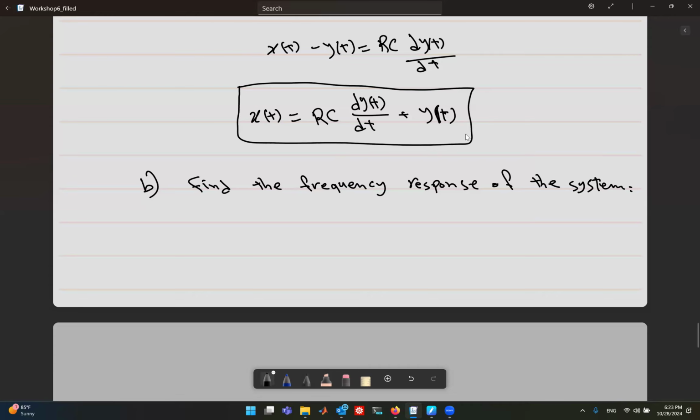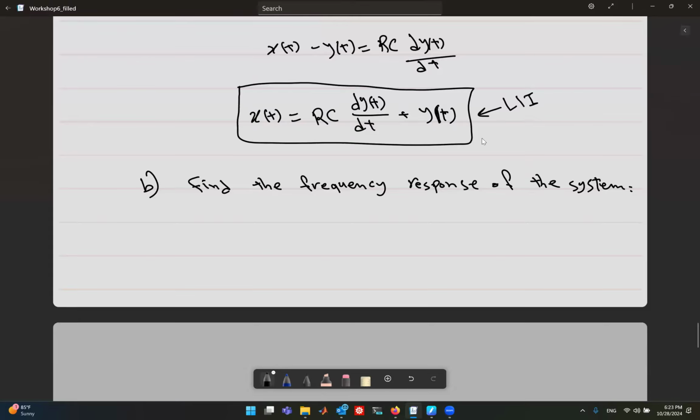But if we notice that this system is linear time invariant, there's an easier way. We don't need to go to the time domain impulse response and then convert it to frequency. If we notice that this is an LTI,